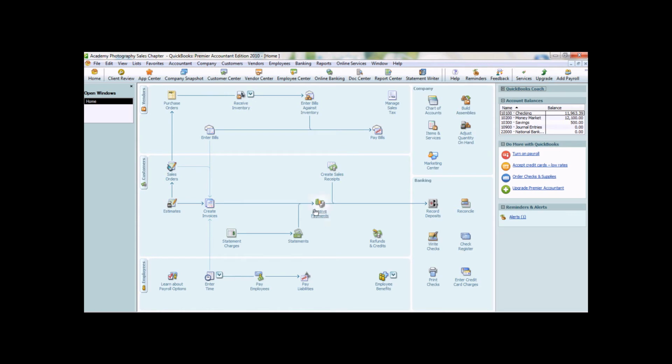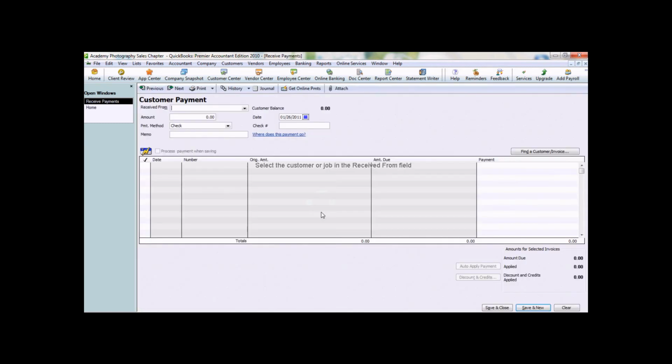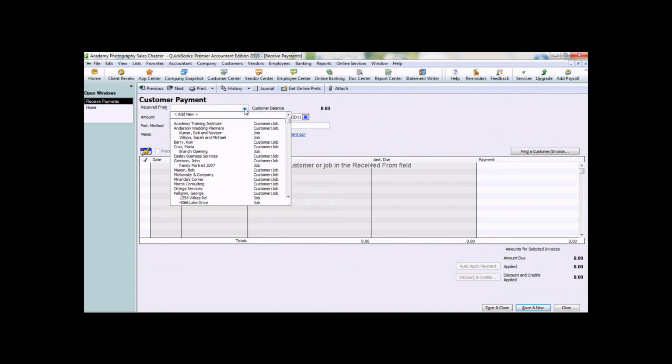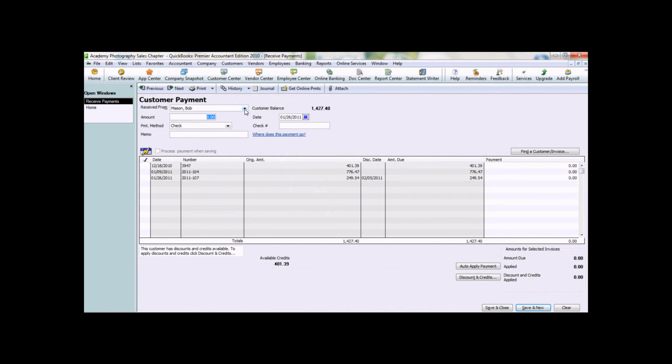And now we're going to receive a payment against an invoice. So in order to do that, we can click on the Receive Payments icon on the QuickBooks home screen. And we're going to receive a payment from Bob Mason. And the amount of the payment is $401.39. We'll select the date that we received the payment, and the payment method was by check. We'll record the check number,